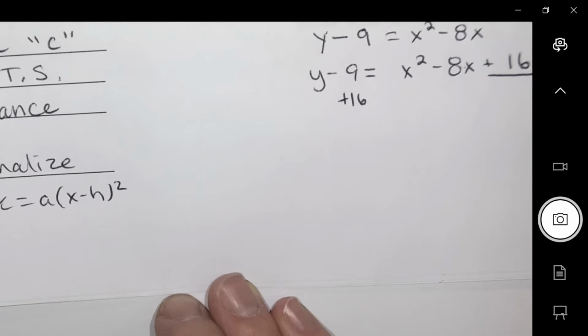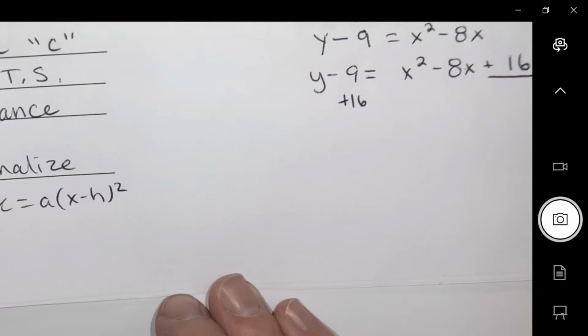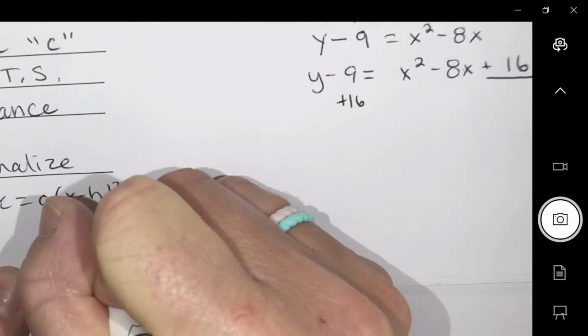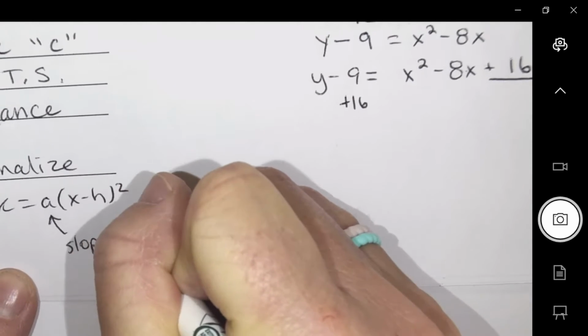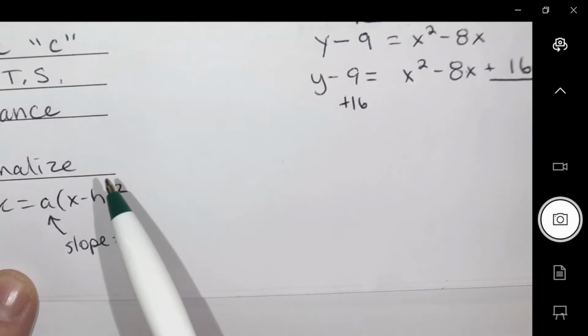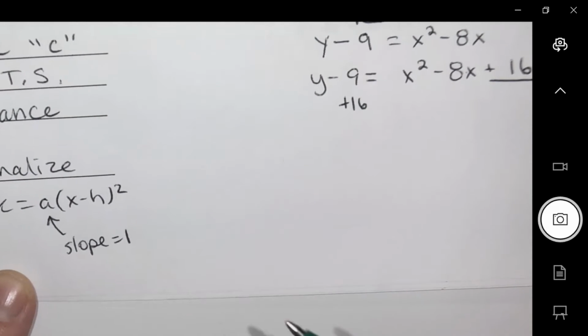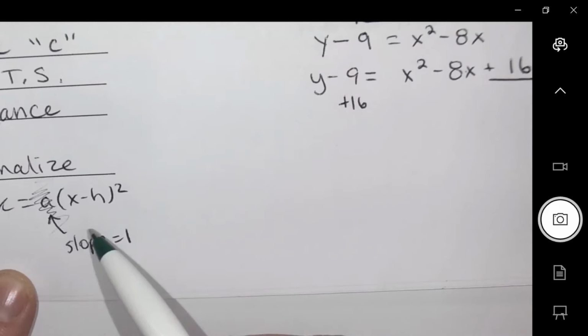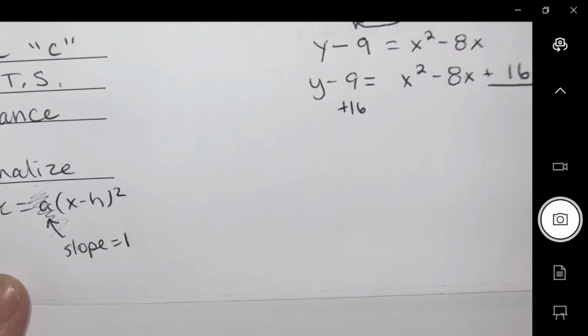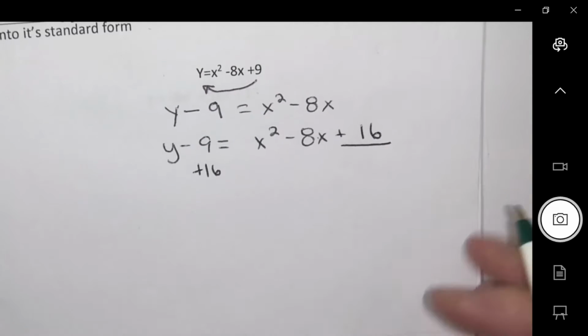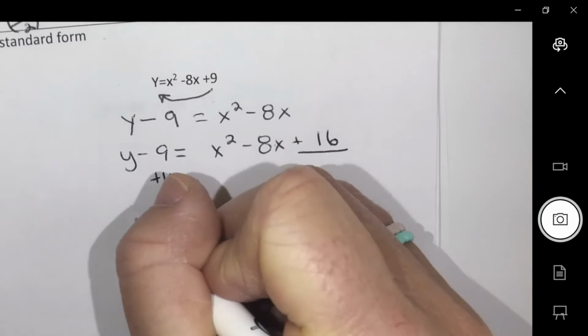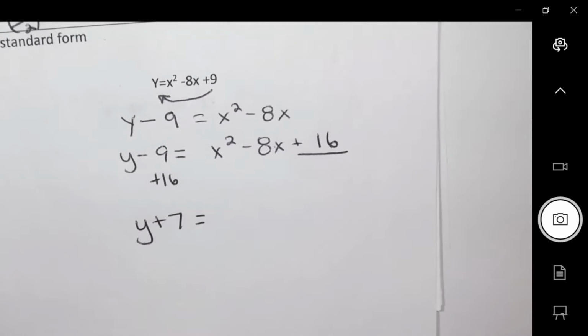Okay, the example that I gave you right now, did you notice that the slope is 1? It's just a 1x squared? Yep. So in this, you don't have to write a 1 times something, right? Are you okay if I just kind of understand that that's not going to show because it's just 1? Okay, so final form would be y plus 7 equals,